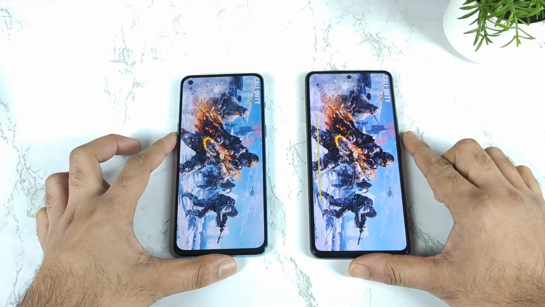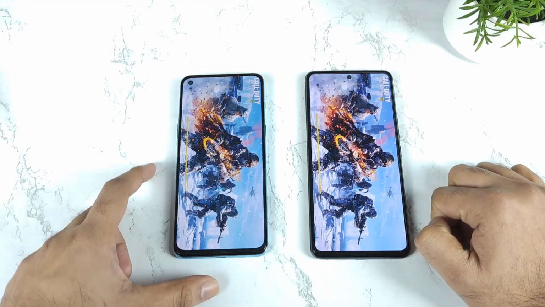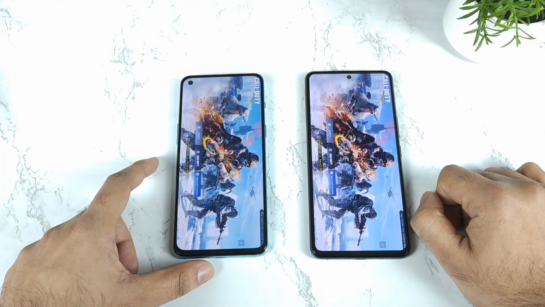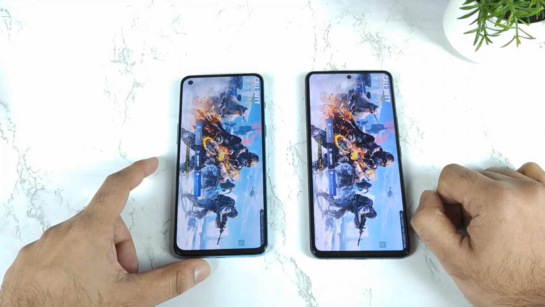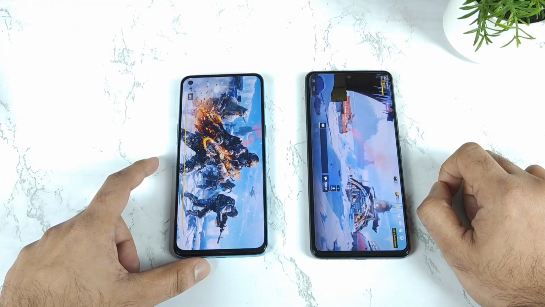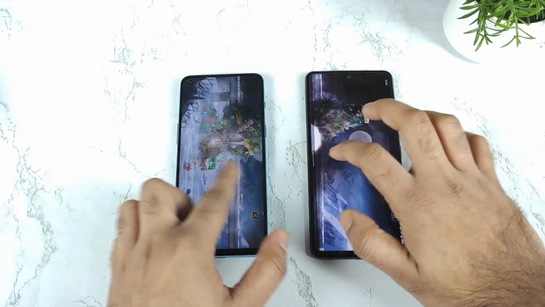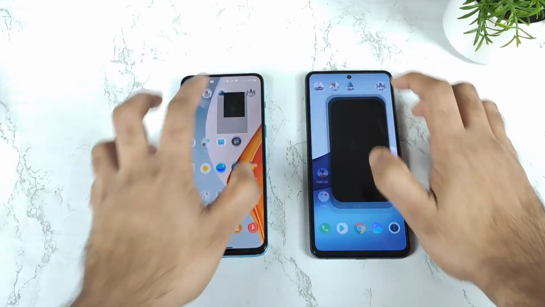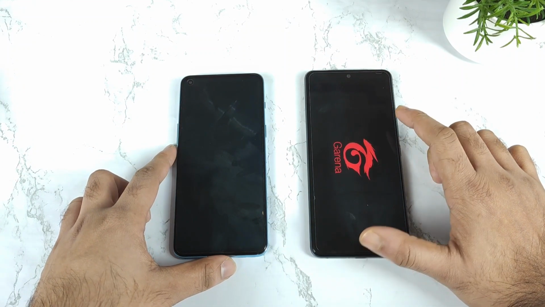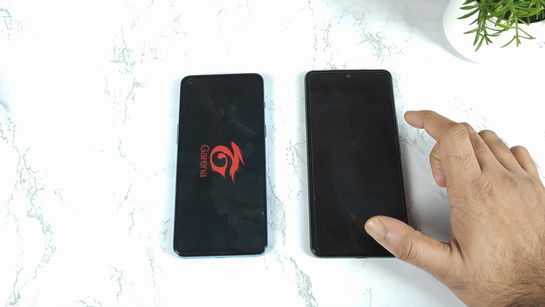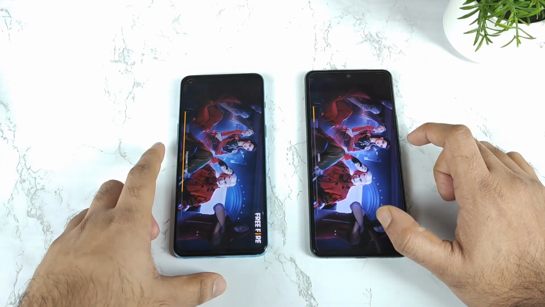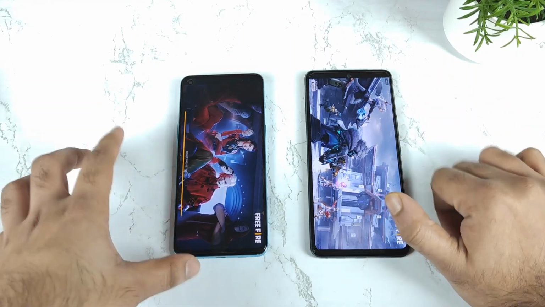And it's the Call of Duty game. I think Call of Duty, maybe iQOO 7, I guess. Not bad, both phones are pretty close in terms of the opening speeds of Call of Duty. First, the iQOO 7 device did open faster than the OnePlus Nord 2. Not bad. So only in the Asphalt 9 game, the OnePlus Nord 2 was able to open slightly faster. In the rest of the games, I think the iQOO 7 did open slightly faster. Both phones are downloading and loading with pretty much equal speed.